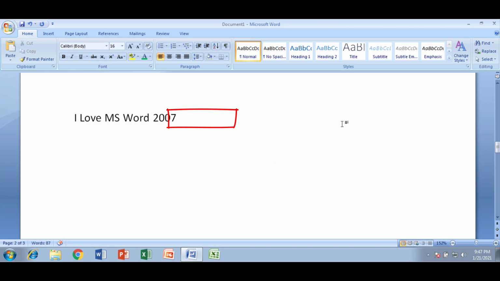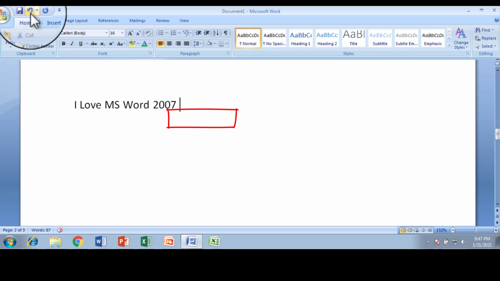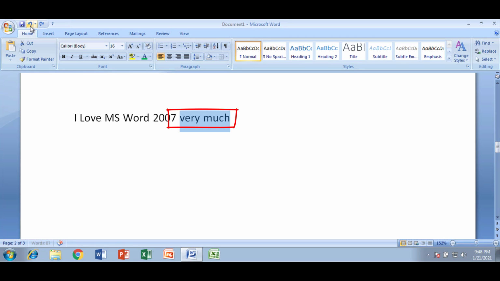After deleting it, I am going to apply the undo option on this. You can see the option over here, known as the undo option. I am simply selecting this option. After selecting it, you can see "very much" is added back into our document. Now I am going to use the redo option.